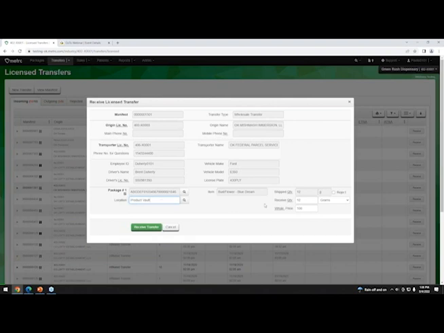So this is where you can reject it. If you did want to reject, you'd select that. You'd have to put a rejection reason, say, typing entry error maybe. And then you'd be required to put a note in and explain the situation. You have 255 characters to add that note in there. For this purposes, we're not going to reject it. We're going to accept that into our system.